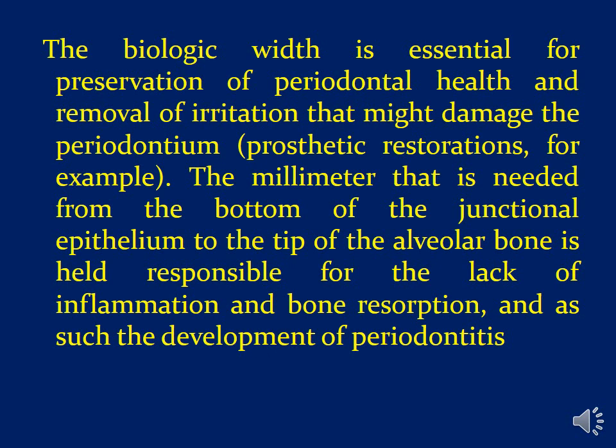The millimeter that is needed from the bottom of the junctional epithelium to the tip of the alveolar bone is very important because it is responsible for the lack of inflammation and for bone preservation and prevents bone resorption. That will lead to the prevention of